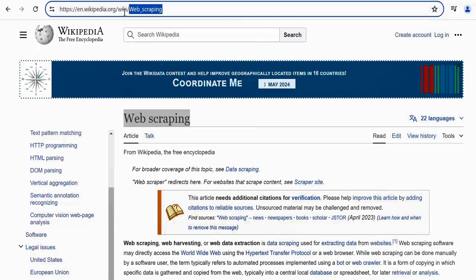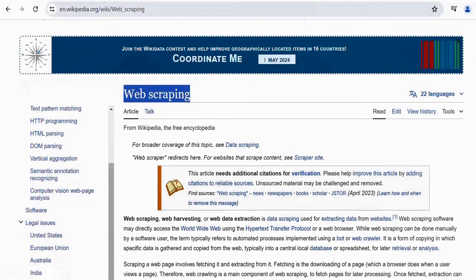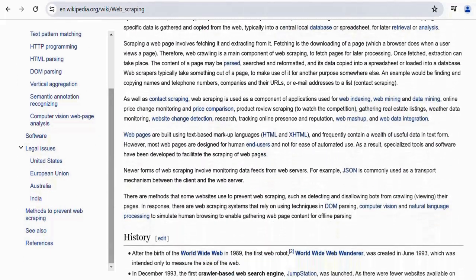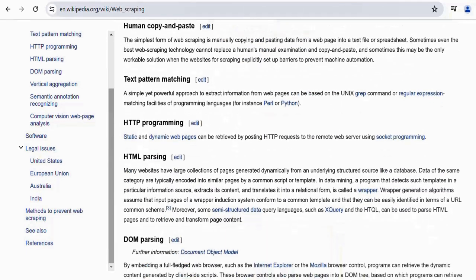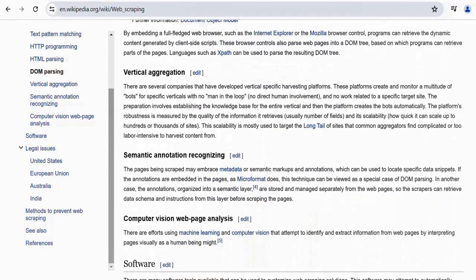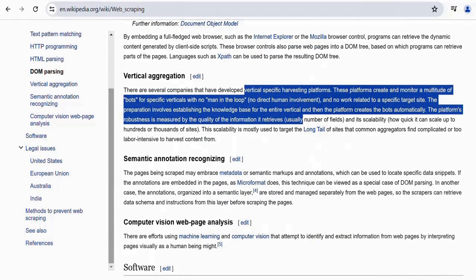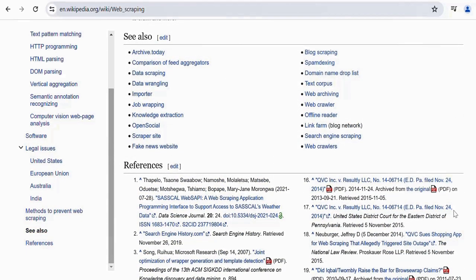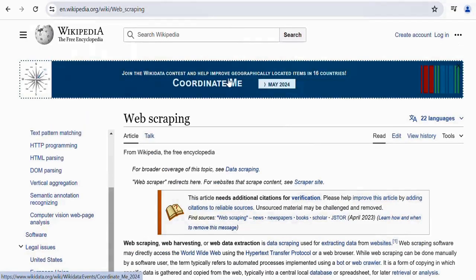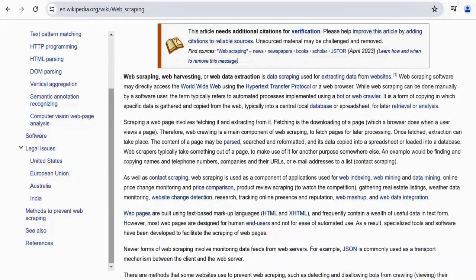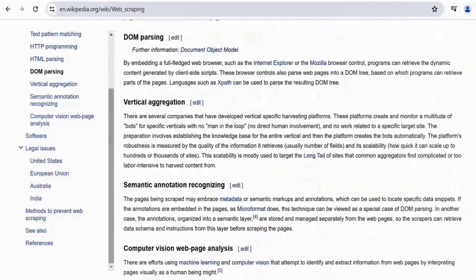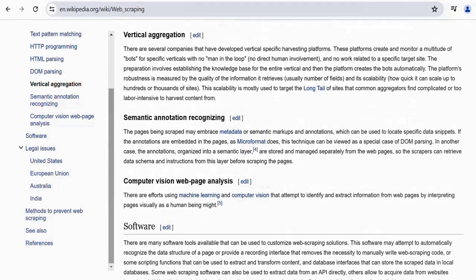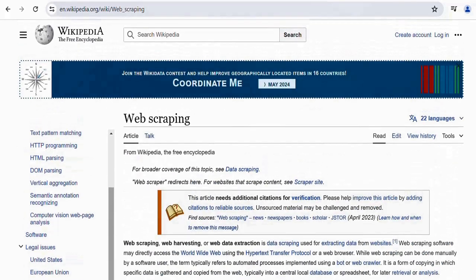Suppose this is the web page we have, and as we can see we have a lot of data in this web page. We have hyperlinks, we have titles, we have normal text, then we have some bullet points and some other reference links. Suppose I have a lot of similar Wikipedia pages and I want to scrape the data from them. So I won't be doing this manually. I'll be writing the code and automating the process to scrape the data from these web pages.